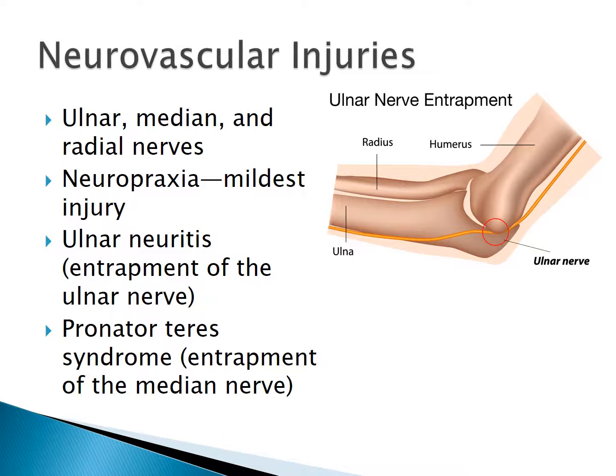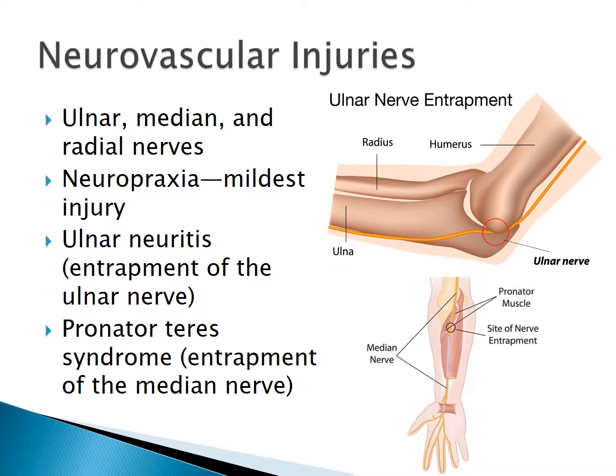of the elbow. Entrapment of the ulnar nerve can be found distal to the medial epicondyle where the nerve enters the forearm. The median nerve is located more toward the middle of the forearm and can sometimes be compressed under the pronator teres muscle. This injury is called pronator teres syndrome and can cause numbness, pain, and discomfort for the patient. If rest, activity modification, and symptomatic care do not alleviate the symptoms, surgical release of the entrapped nerve is